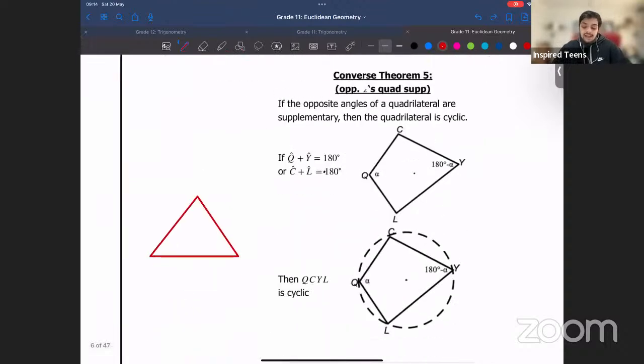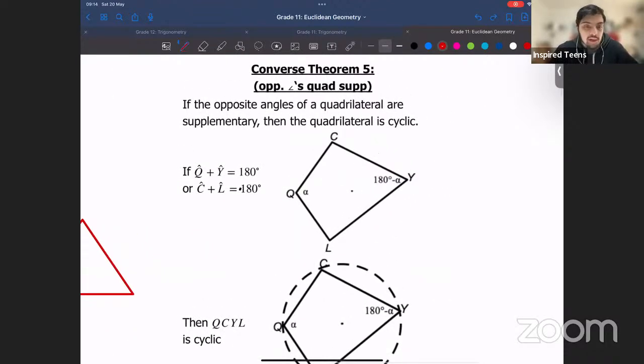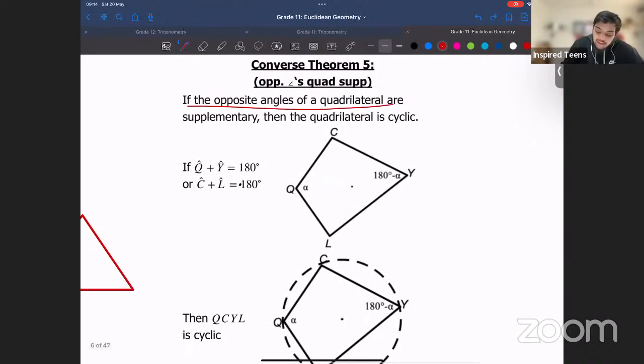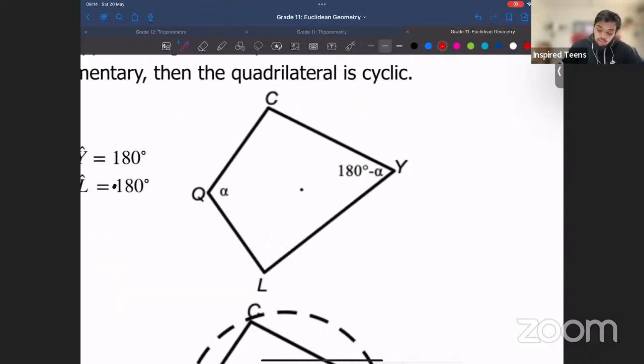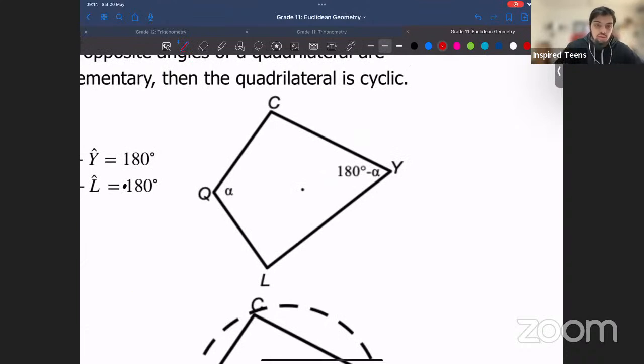Now, the converse is if you don't know it's a cyclic quadrilateral. So in this case, you just know that it's a quadrilateral. It says, if the opposite angles of a quadrilateral are supplementary, then the quadrilateral is cyclic. So basically, if you can prove in this random quadrilateral, there's no circle around it right now, so we don't know that it's a cyclic quad. So I can't just say I have this as